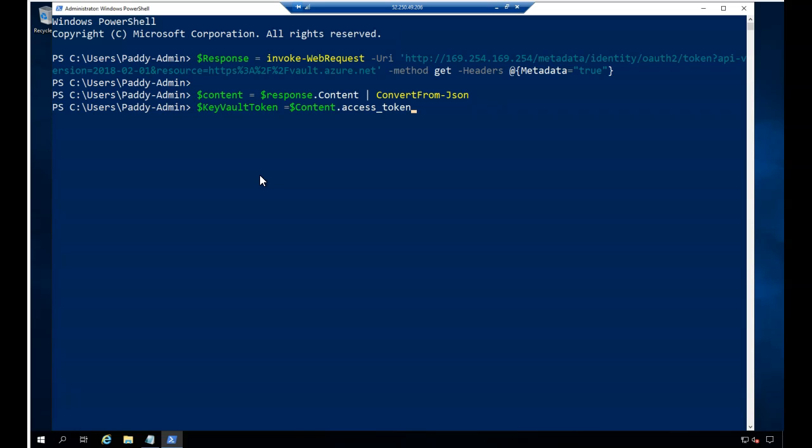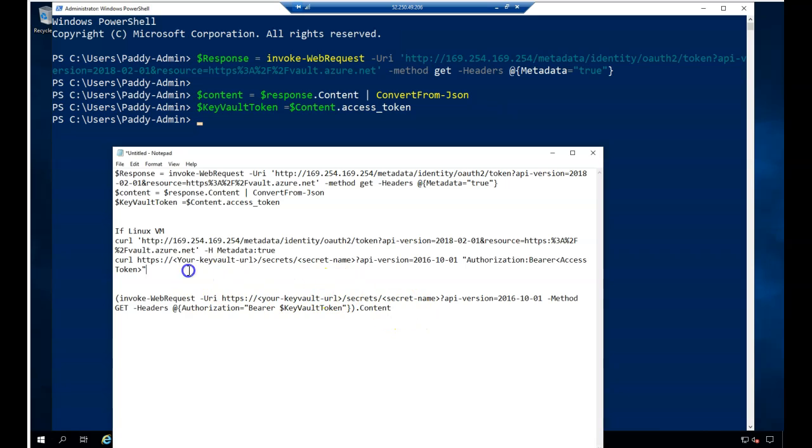Now it's time for me to call another request with the metadata service. That's a URL for Linux-based commands, but in our case it's just for Windows, so I'll be using that. And make sure, if you remember, either in Linux or in Windows, you need to call your key vault URL. The key vault URL will also have a secret, that's your application name. In our case it's the FB authentication specific, and also the default